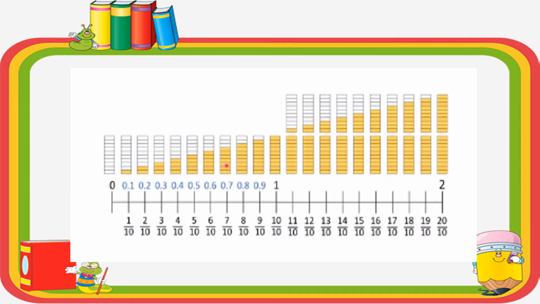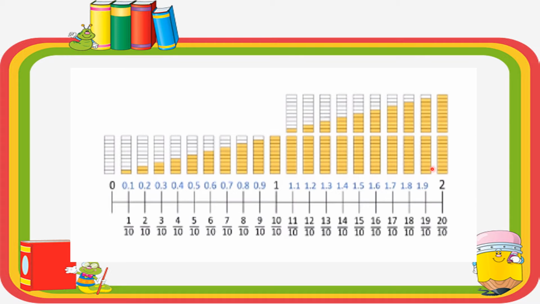This shows you the physical representation of what happens as we count on in tenths, and as decimals we have our representation as well. So what happens when we get to 0.9 and then 1? We continue in 1. 11 tenths becomes 1.1, 12 tenths becomes 1.2, 13 tenths becomes 1.3, 14 tenths becomes 1.4, 1.5, 1.6, 1.7, and